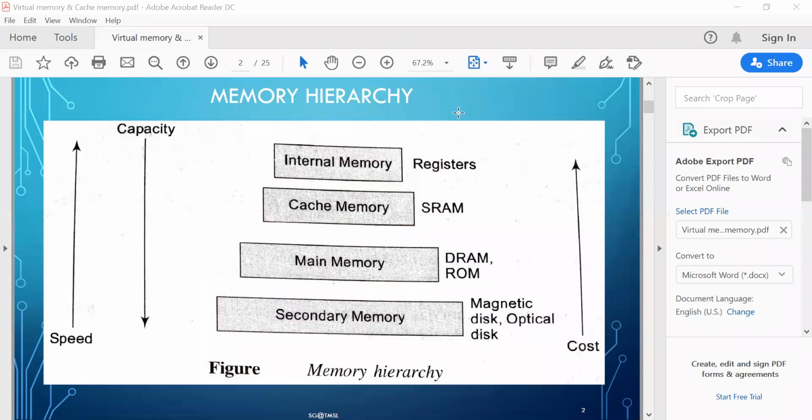Okay, so there are different types of cache memories available, according to the specification. I will discuss these types of cache memory later, after certain slides. There are certain levels you have to maintain, and based on these levels, level 1, level 2, different types of cache memories have to be connected with the CPU. Okay, so the next